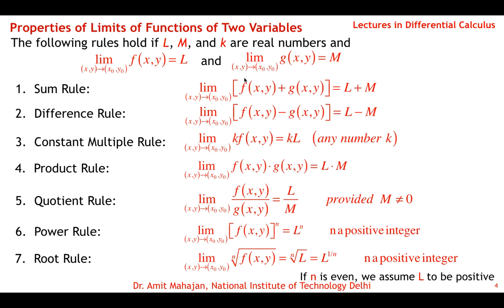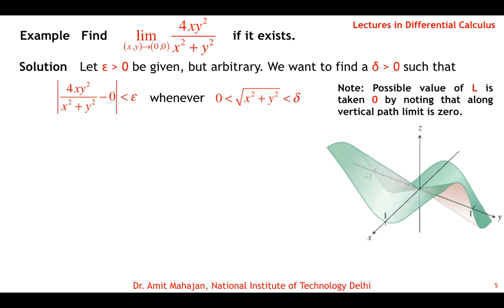So these are all rules we did for one variable. The same holds for two variable functions. So if you know the limits of f and g, then you can manipulate them to find the limits of their sum, difference, product, and so on. Now I turn to one example